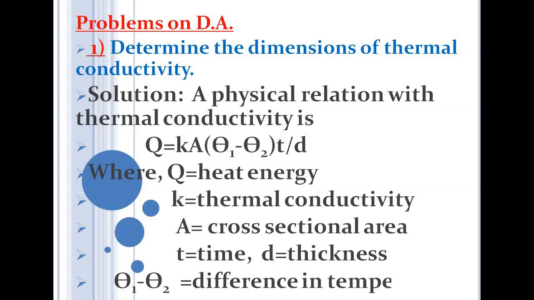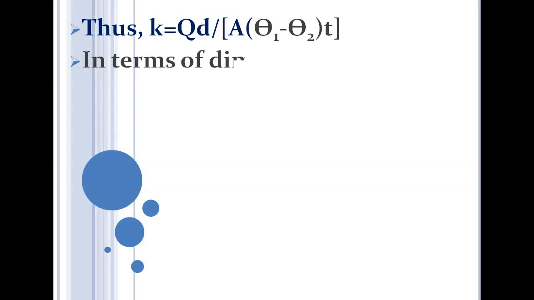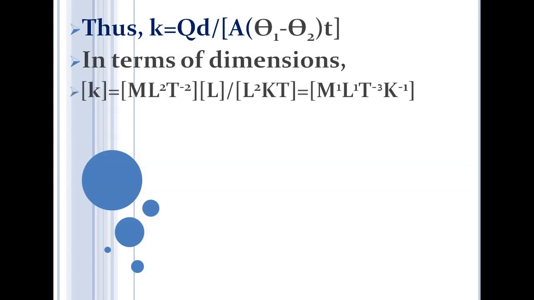Now we have the given physical relation concerning thermal conductivity. That equation we can rewrite as K equals Q D divided by A (theta 1 minus theta 2) T. In terms of dimensions, we can write this relation: dimensions of K equals Q, where Q is the heat energy. Heat energy has the dimension of energy or work done. Work done has the dimension